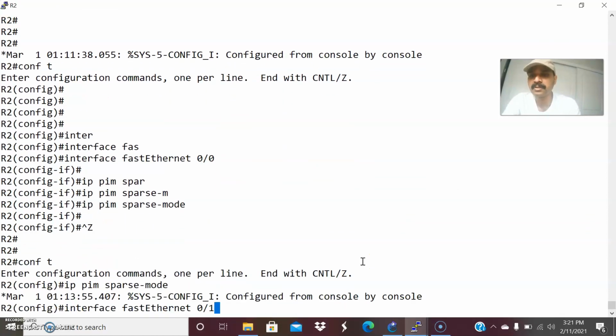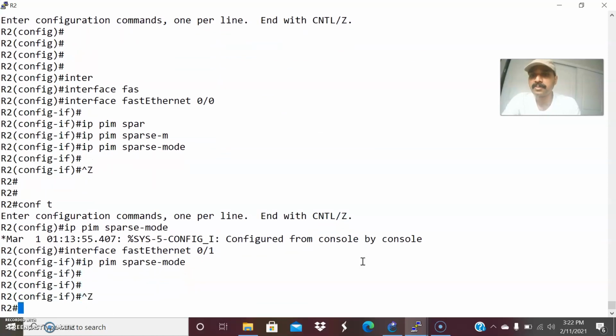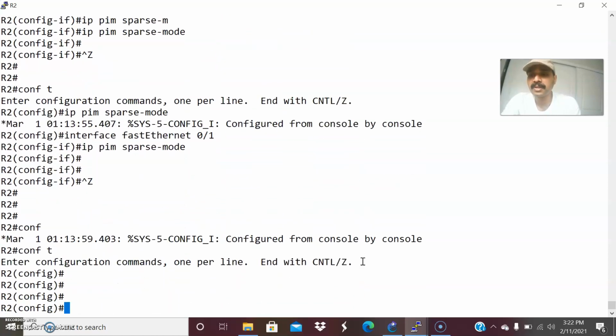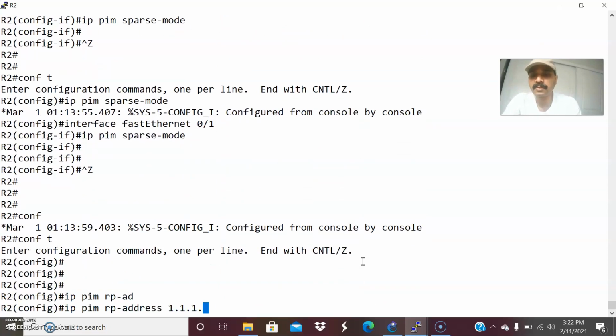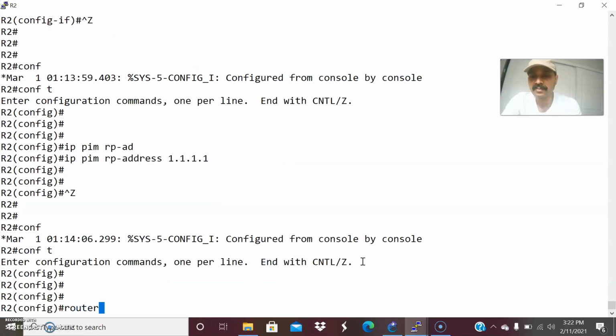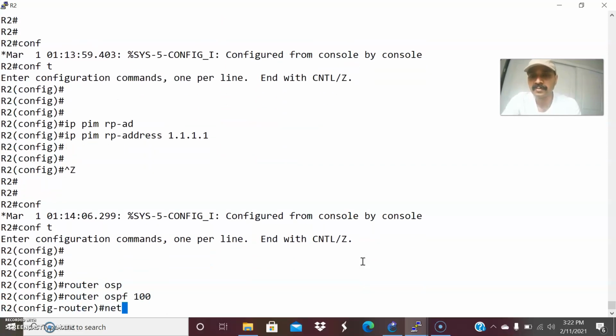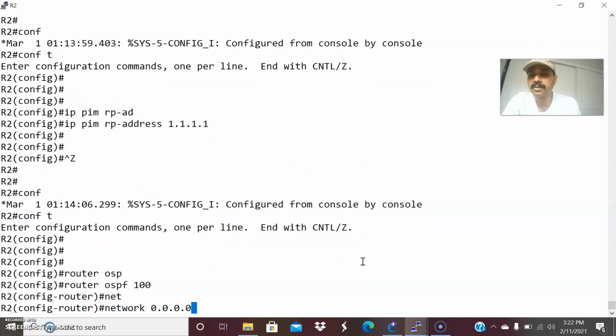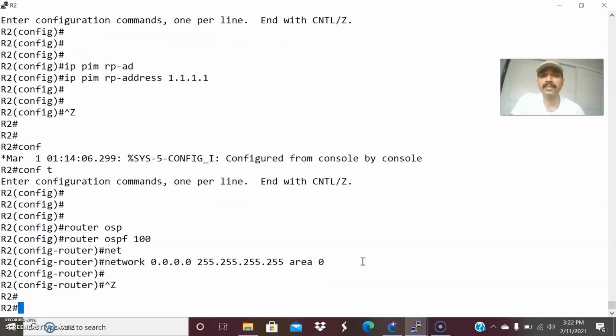These are the three things. Then PIM sparse mode. Then we'll configure the RP address. IP PIM RP-address is 1.1.1.1. Then let us enable the routing protocol, network 0.0.0.0 255.255.255.255 area 0. So we are done with R2.